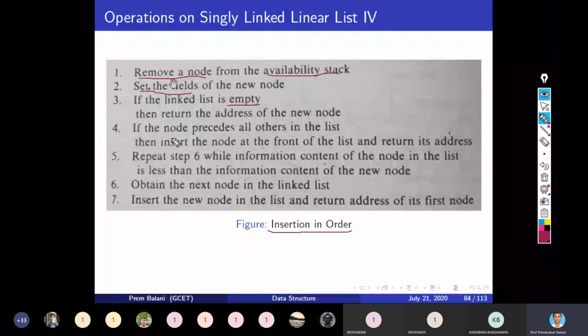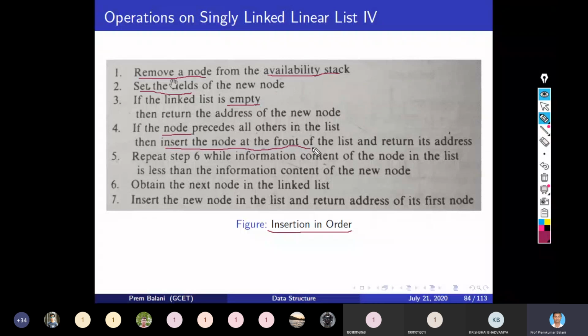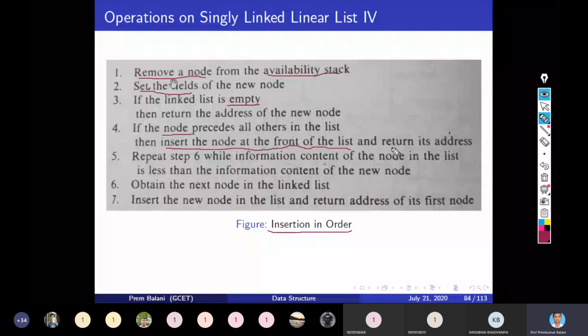If your node has the smallest value among all the existing nodes, then insert the node at the front of the list and return its address.